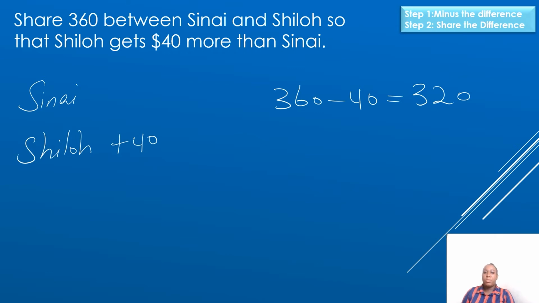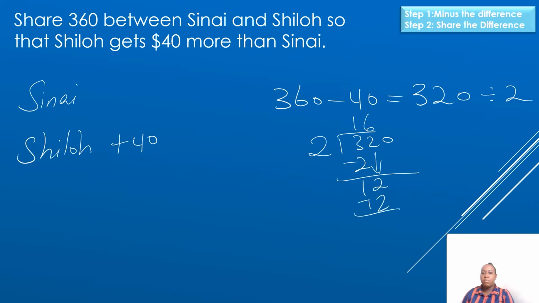Now that we got 320, our next step is to divide 320 into two parts because we are sharing it amongst two persons. So we're going to divide. 2 into 3 is 1, 2 ones are 2, 3 subtract 2 is 1, bring down my 2, 2 into 12 is 6, 2 times 6 is 12, bring down my 0. If you can do short division, that's fine. 2 into 0 is 0, 2 times 0 is 0. Okay, so no remainders. So when we share 320 into two parts, we know that each person is going to get